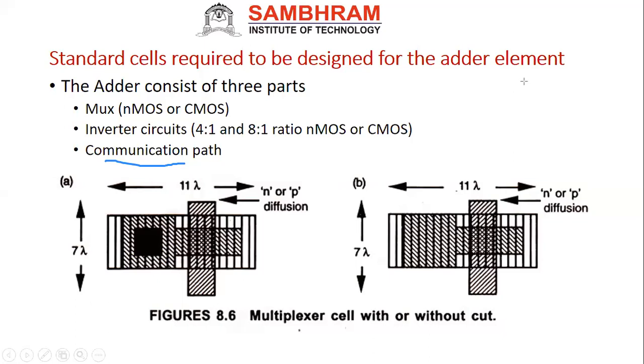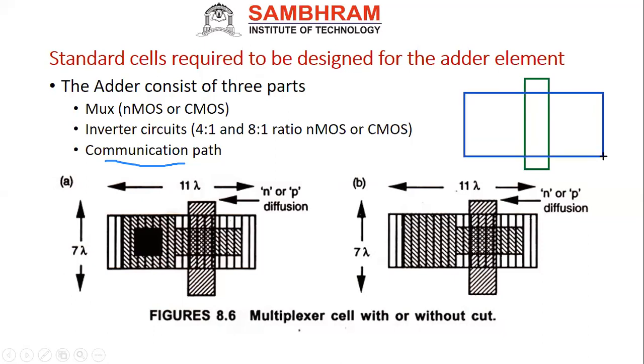First draw the diffusion, okay? First let us draw the diffusion. This is my diffusion. Next, what you have to do? We have to draw the polysilicon, because it creates the transistor. So the polysilicon will be like this. Or let me create a metal as per this. As per this I will draw. This is my metal size. Okay, control. Now what I will do, let me create a polysilicon here.